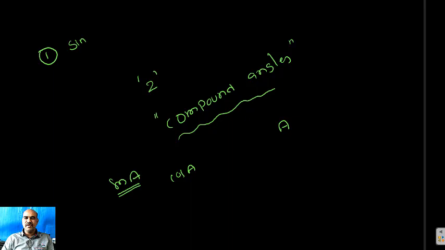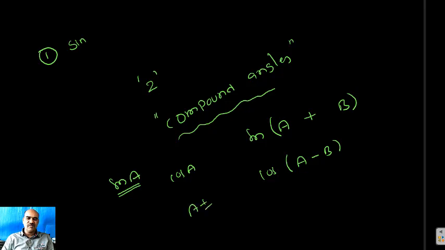A is one angle, B is another angle. If these two are added, you get a new angle. This is the compound of A and B. Or if B is subtracted from A, you get another angle, that is called a compound angle of A and B. How to find trigonometrical ratios for the angle A plus B? How to find trigonometrical ratios for the angle A minus B, and so on. In this chapter, I will explain how to find the trigonometrical ratios for compound angles.